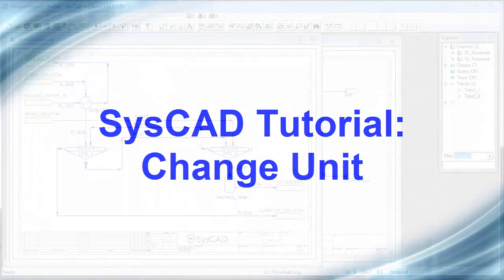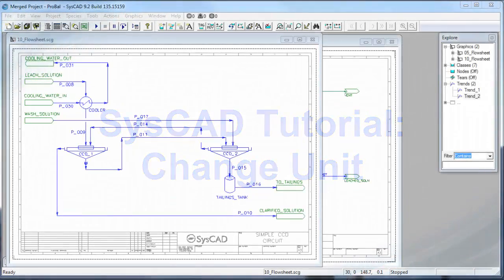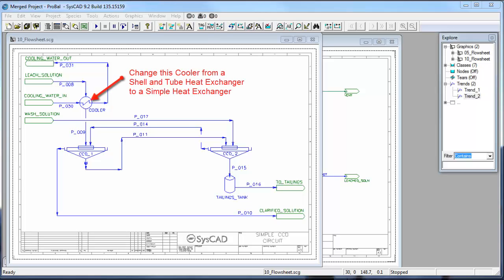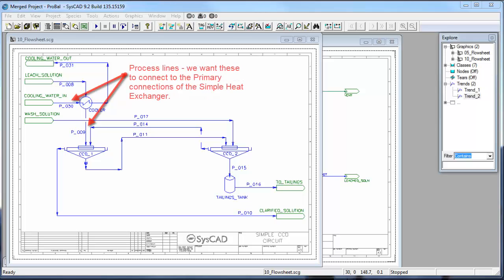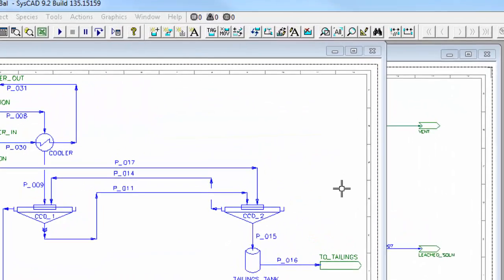In this exercise, we will use the change unit command to change the cooler in our project from a shell and tube heat exchanger to a simple heat exchanger. We will also ensure that the process pipes are connected to the primary connections and the cooling water is connected to the secondary connections. So the first thing we have to do is select the change unit command, and